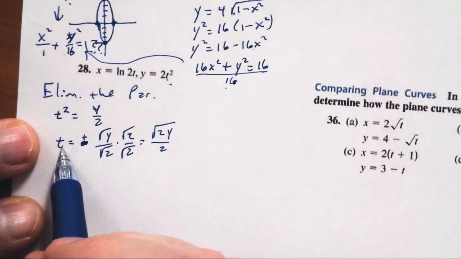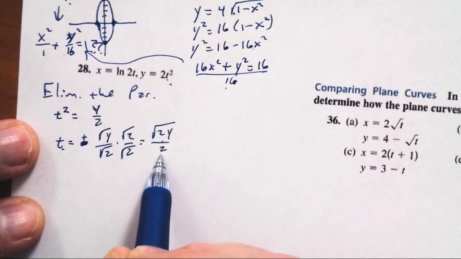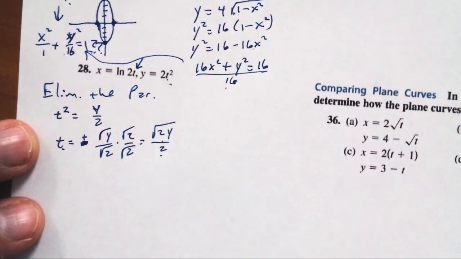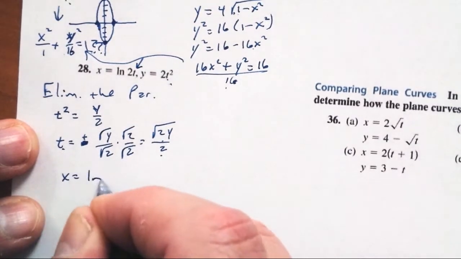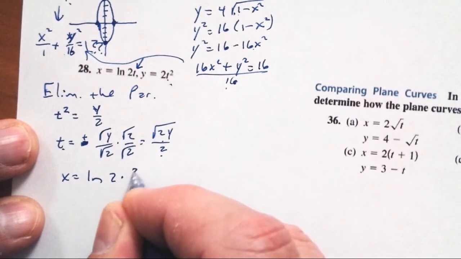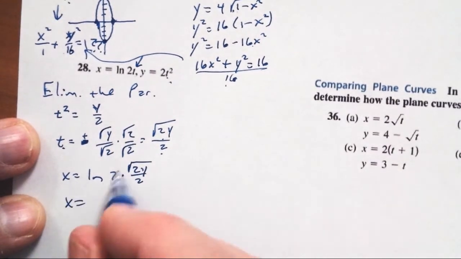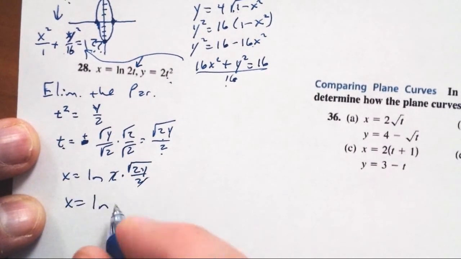And now since t equals square root of 2y on 2, t may be replaced with square root of 2y on 2. And we get x equals ln 2 times square root of 2y on 2, or x equals ln